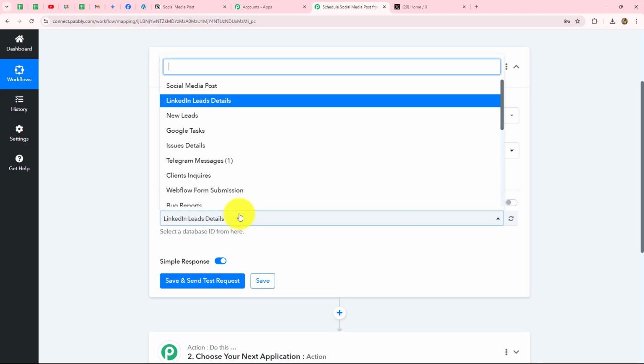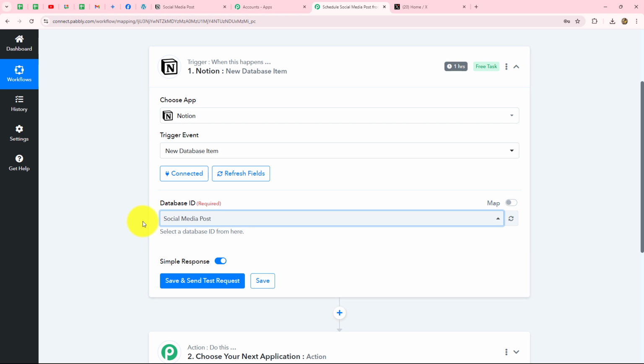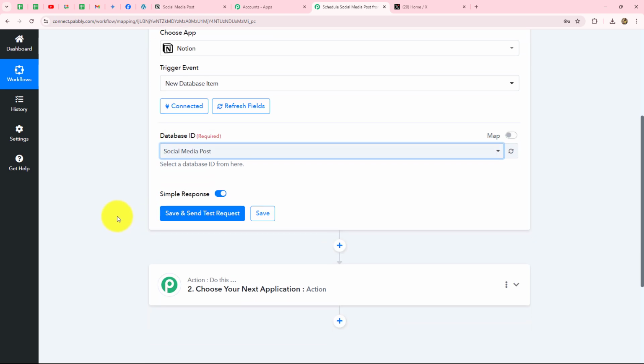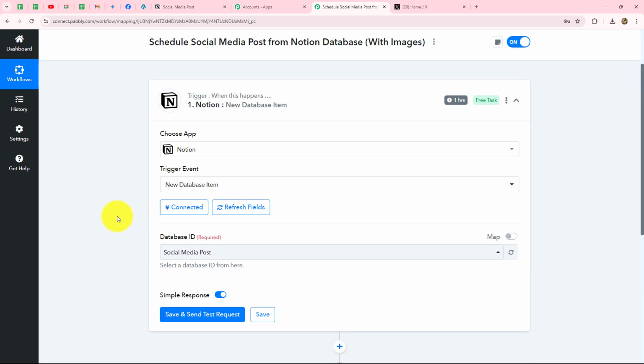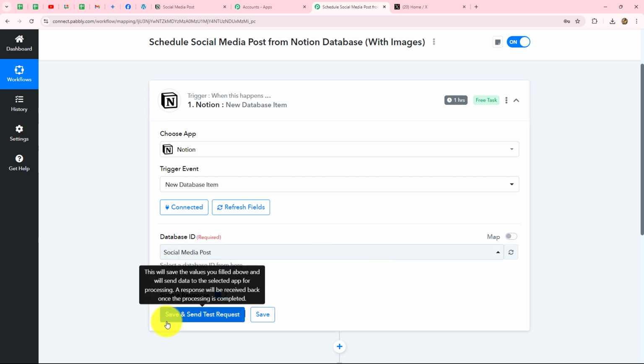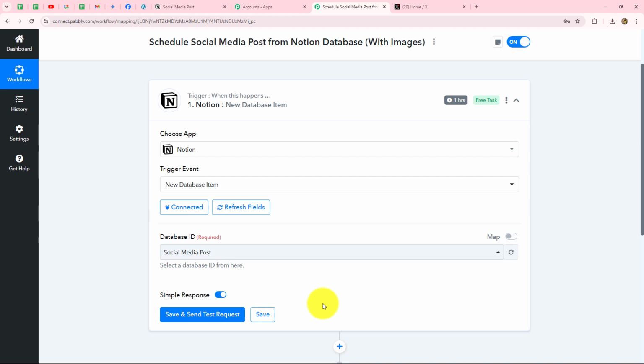So from the drop down, I'm going to select the same social media post database ID over here and done. So now whenever a new row is added in this particular database in Notion, the response will be captured. Before clicking on the save and send test request button, I'm going to tell you one more thing,